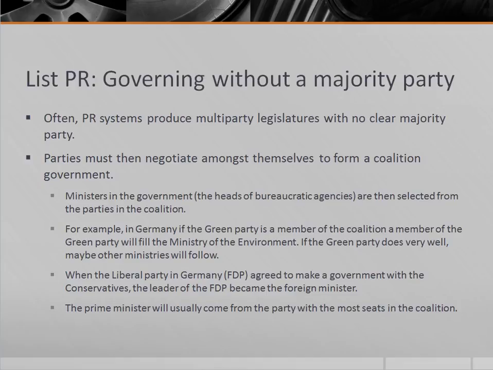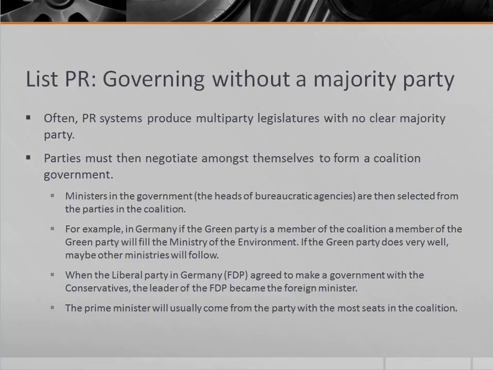In list PR systems, in multi-party legislatures, the bargaining happens after the voting takes place, whereas in a first past the post system, all the bargaining takes place during the primaries typically and at the convention. So you have both systems that have bargaining and have different interest groups,